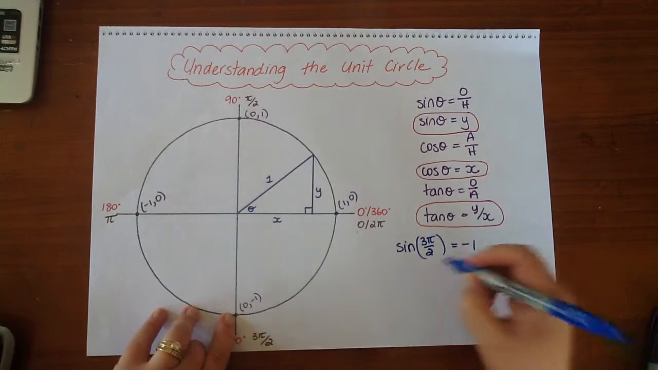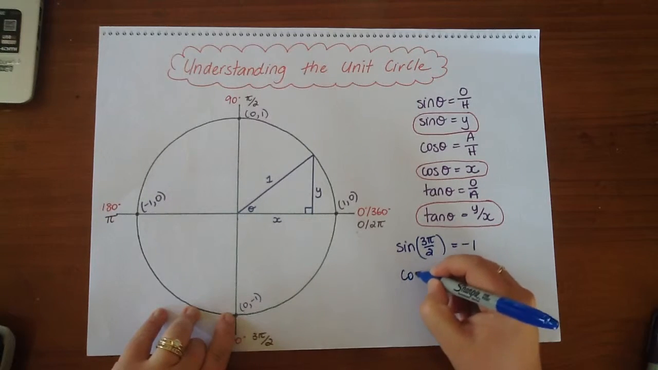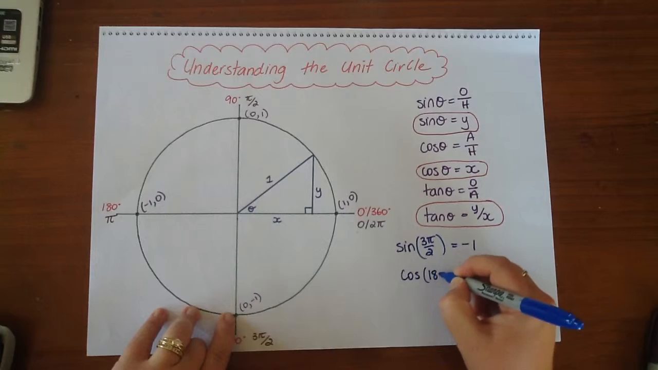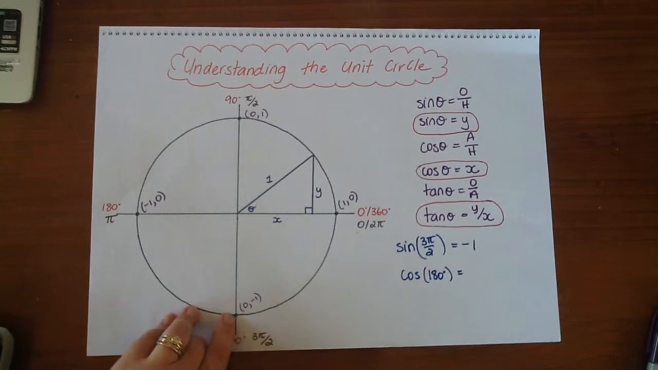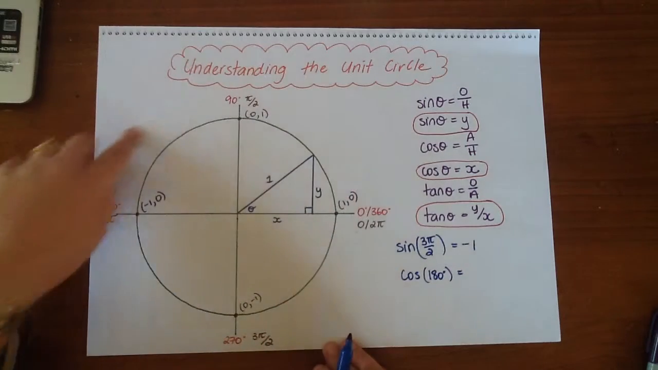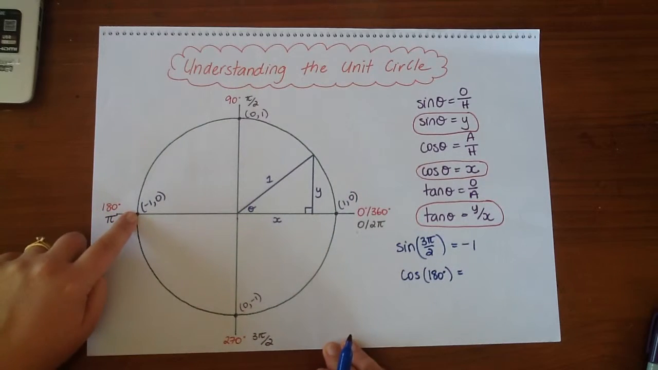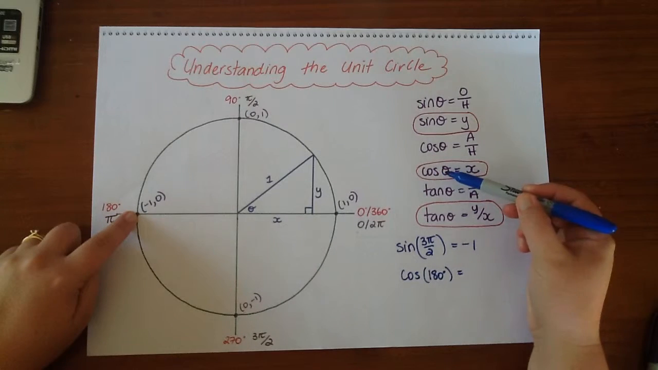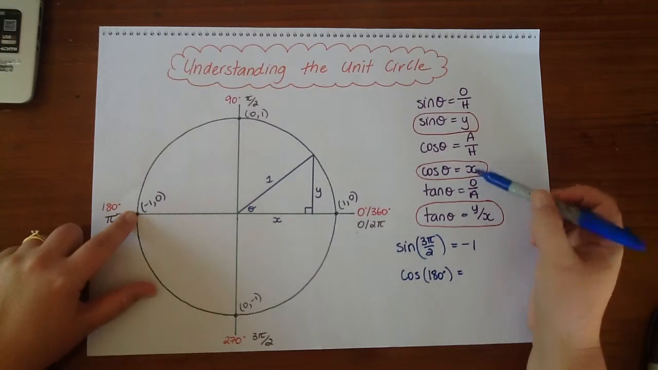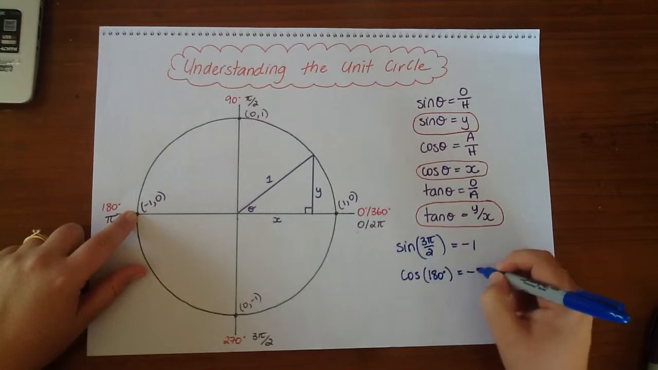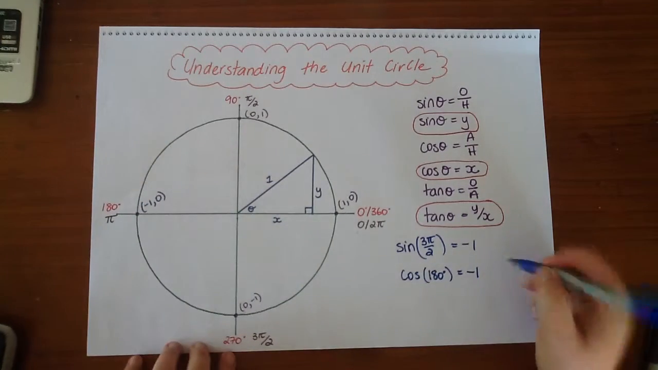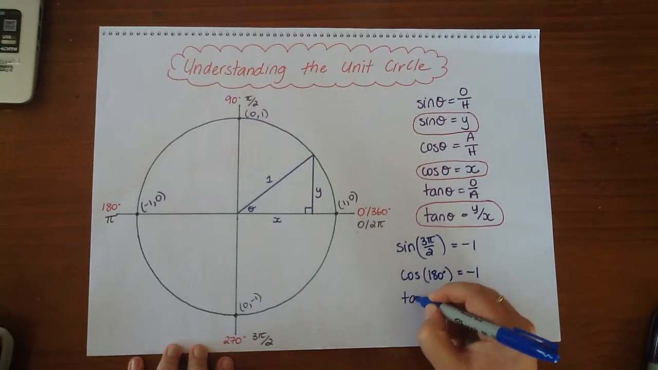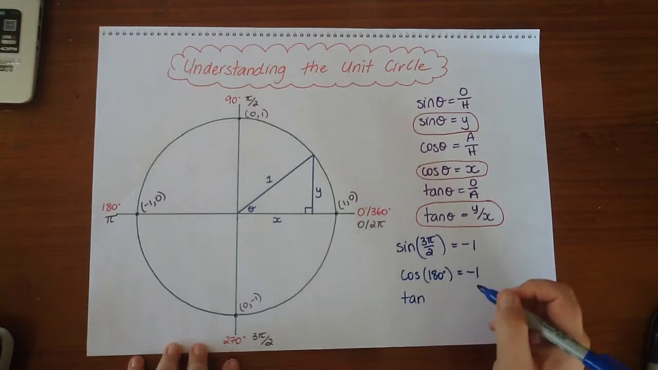We could do things like cos of 180, without using our calculator. So around our unit circle, 180 is over here, which is this coordinate here, (-1, 0). And cos is always the x value. So cos of 180 is negative 1 because that is the x value at that point. Let's try a tan. Let's try tan of